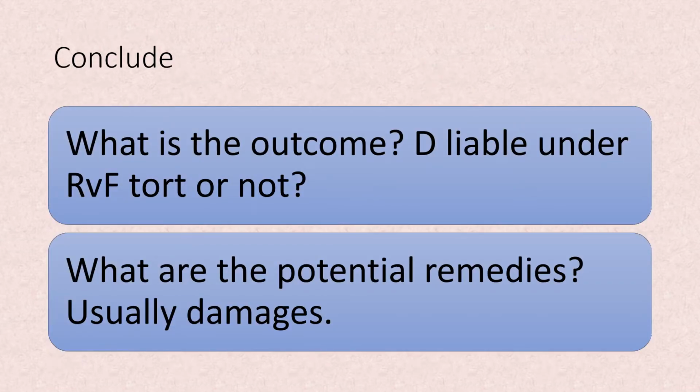Now we do then need to conclude if any defences are applicable, they may reduce liability or remove liability entirely, and if so, then there will be a not liable outcome. But we do need to consider then if there is an outcome, then what are the potential remedies? So with Rylands and Fletcher torts, that would usually be damages to fix the wrong, to right the wrong, because